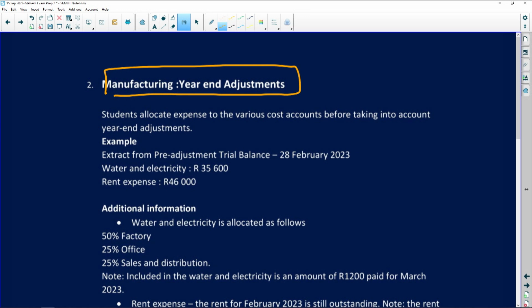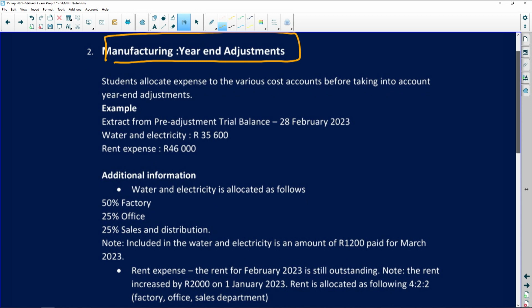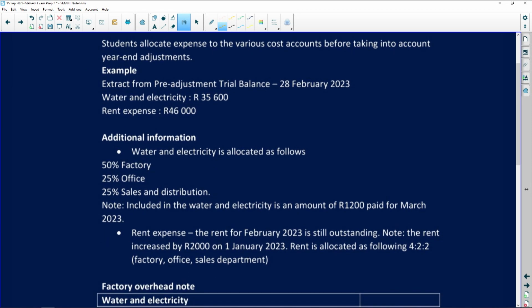Right, so in order for me to explain this further, I want to dive straight into a question. So the example that I've given you, I've got an extract from the pre-adjustment trial balance on the 28th of Feb 2023. Oh, guys, I think before we carry on, let's take a quick